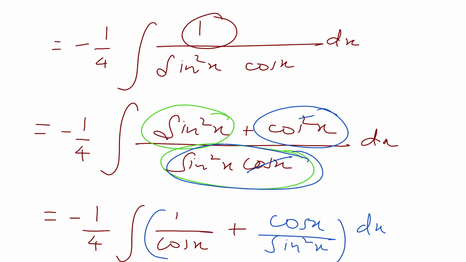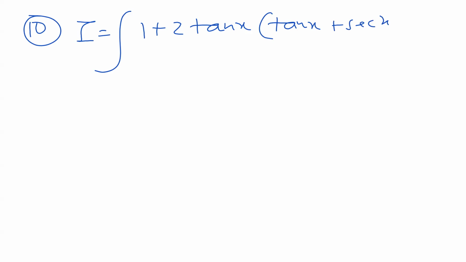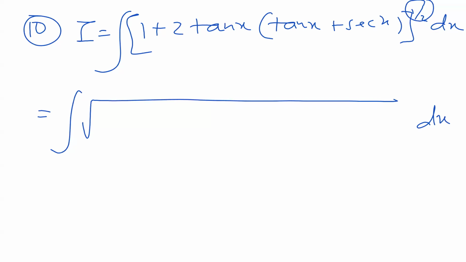Let's go to question number 10. It seems to be a very difficult problem, but then it is very easy. Okay, integration of square root of 1 plus 2 tan x into tan x plus sec x, the whole raised to half, dx. So this half, I'll just take it as root for the entire term. This one is sec square x minus tan square x. I'm applying the fundamental identity because all the terms are second degree in tan,